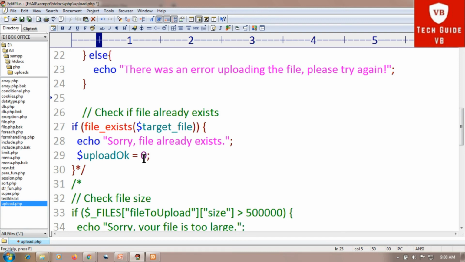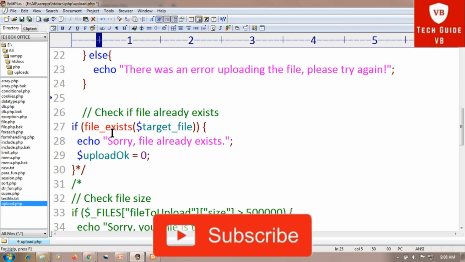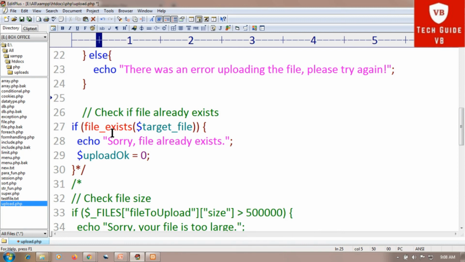So this is the code for checking if the file already exists. First we check if the file already exists in the uploads folder. If it does, an error message is displayed, and $uploadOk is set to 0 here.